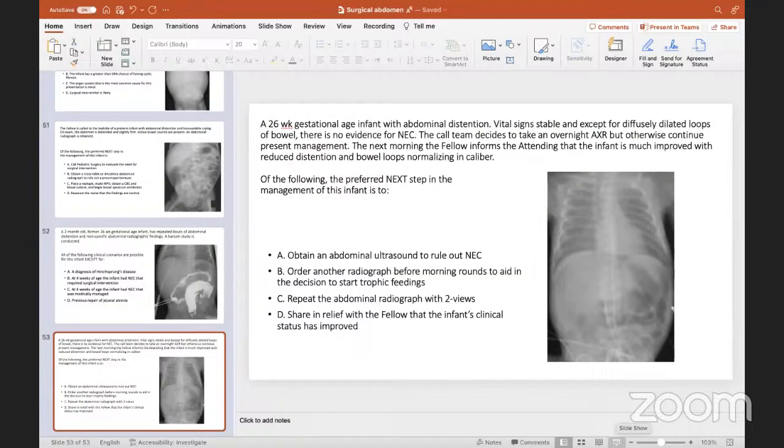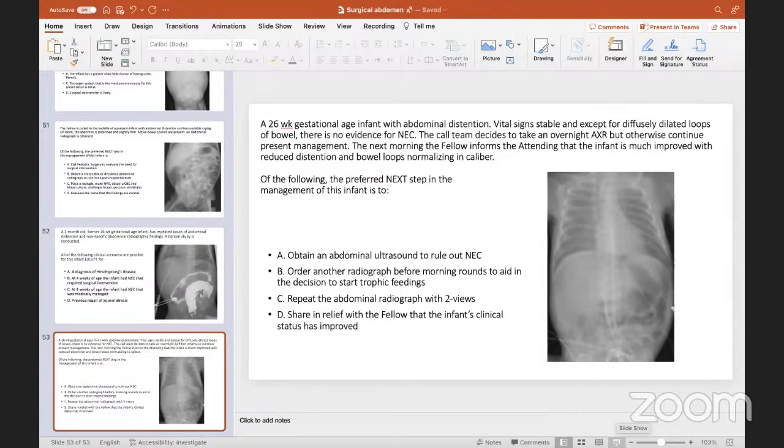So this is a 26-week gestational age infant with abdominal distension. Vital signs are stable except for diffusely dilated loops of bowel. There is no evidence of NEC. The on-call team decided to take an overnight abdominal X-ray, which was otherwise unremarkable, and continue the ongoing management. The next morning, the fellow informed the attending that the infant is much improved, with reduced distension and bowel loops normalizing in caliber. Of the following, the preferred next step in the management of this infant is A, obtain an